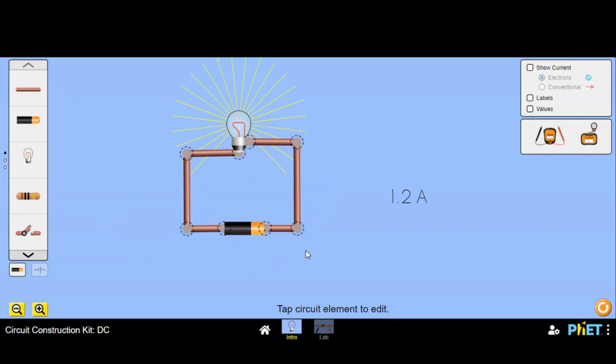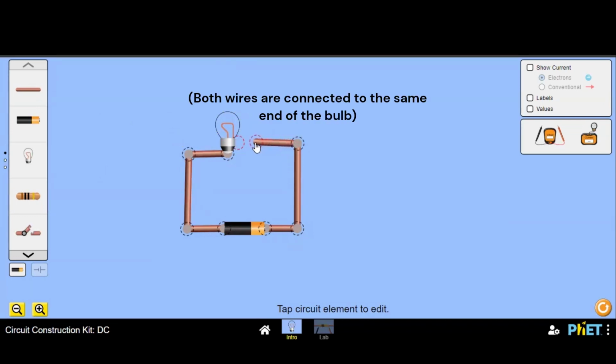Let's see what happens if we connect the positive and negative terminals of the battery using low resistance wires as shown in these two examples. In both the cases, heavy current will flow through this low resistance path, which damages the battery and the bulb. This condition is known as short circuit.